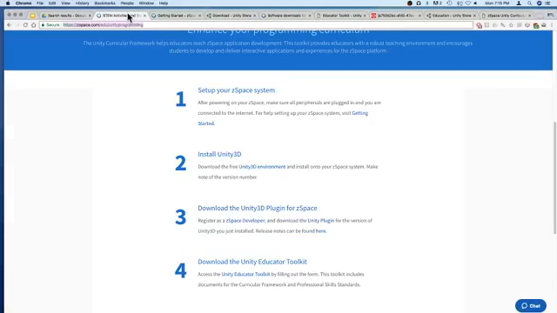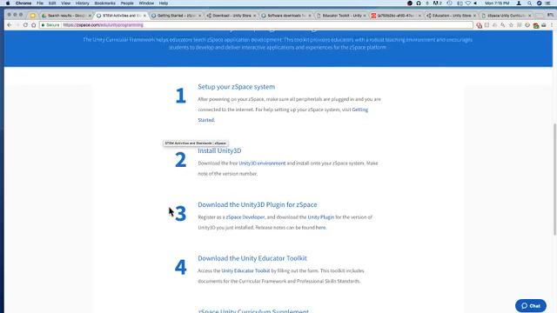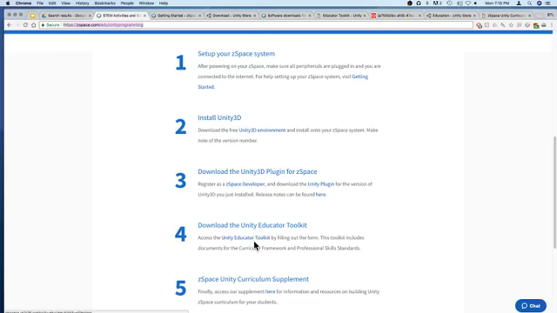So far we've got our zSpace set up. We have the Unity 3D environment we've logged into. We've downloaded 3D Unity, now the plugin. And then the last part is the Educator's Toolkit. And this is the last part to really get going. I wouldn't go to this last number 5, which is zSpace Unity Curriculum Supplement. That's just as you get working more, and it talks about how to use it with students, which is a great tool, but I think as a teacher you would want to get familiar with it first and then go to that. So if you go to the Unity Educator Toolkit,